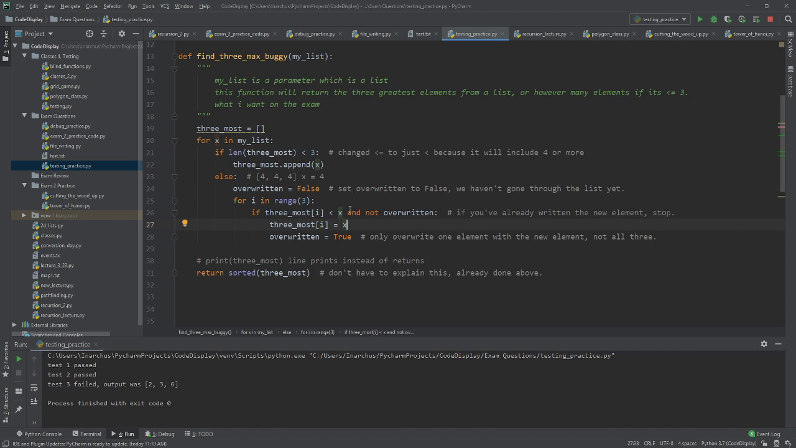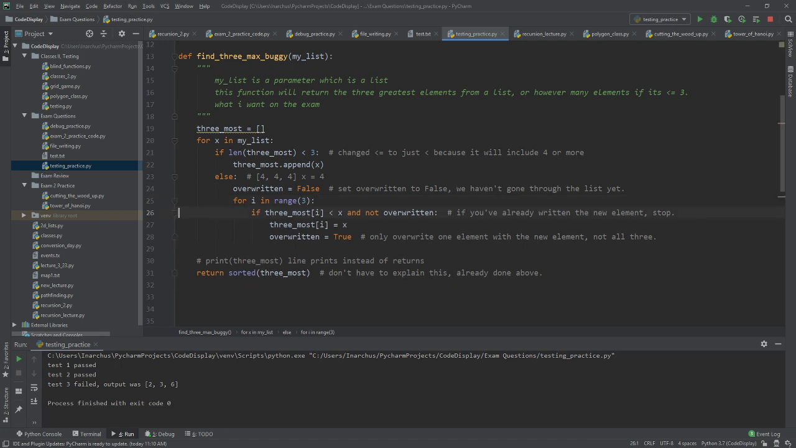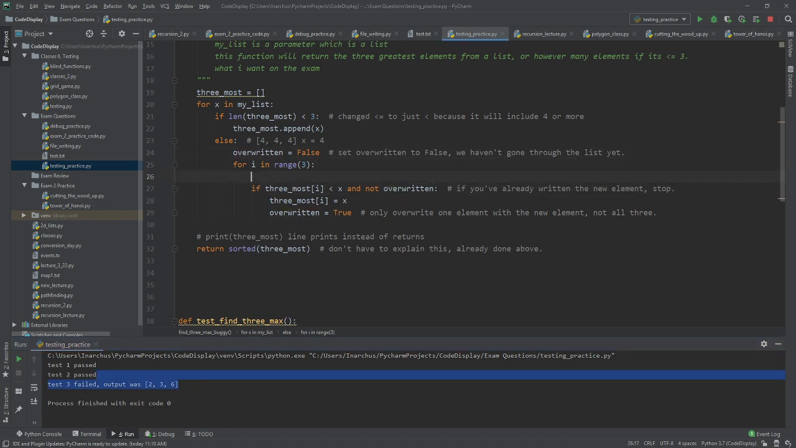Oh, this needs to replace the minimum. So yeah, we got to find the minimum. Well, as it turns out, the test 3 still failed. So what we're doing here is we're saying,